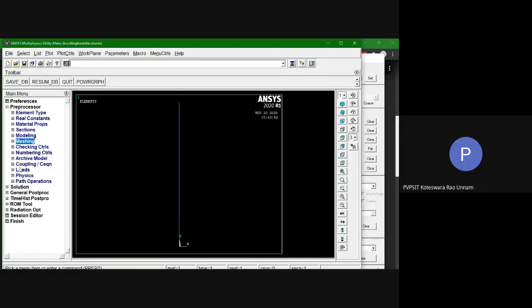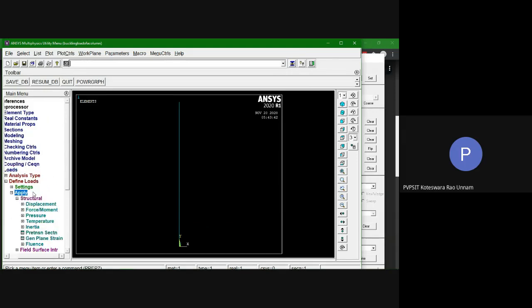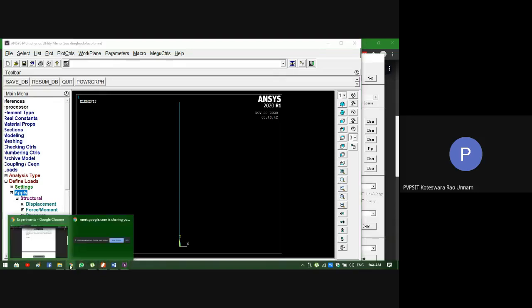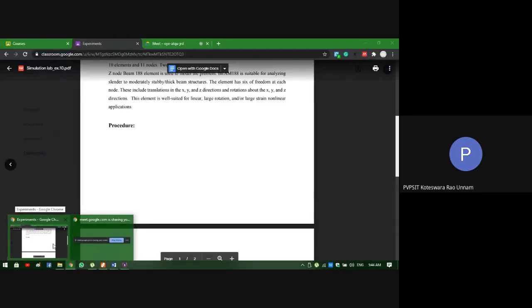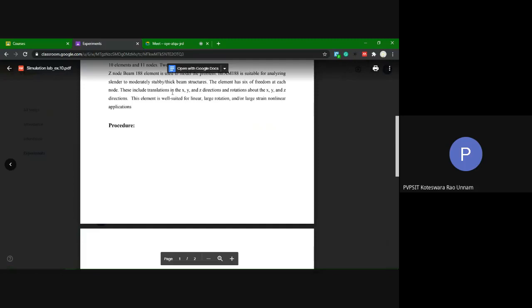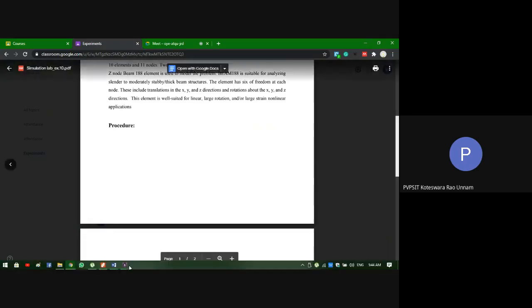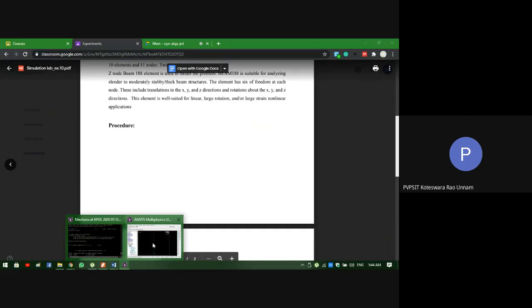So next we need to go for loads and boundary conditions. For loads and boundary conditions, first we'll apply the constraints. In the element description, I have given that if you look at that, there are 6 degrees of freedom for each node. But for our problem, we don't require 6 degrees of freedom. We require only 3 degrees of freedom, that is, in-plane displacements and rotation about the z-axis.